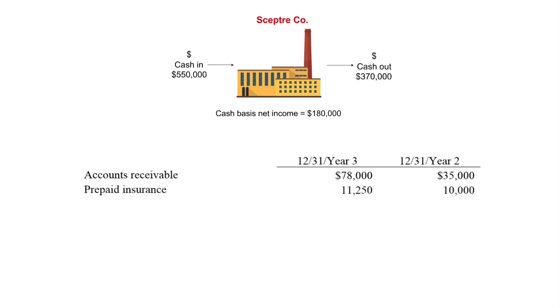We have prepaid insurance. You'll notice that that went up. That was items that went out the door, which cash method would call an expense, but we would say is not an expense. It's going to be a prepayment towards next year. Inventory went up as well. So some of the payments we made were for items we haven't sold yet because it went from 20 to 30. So some of the purchases were for ending inventory rather than cost of goods sold.